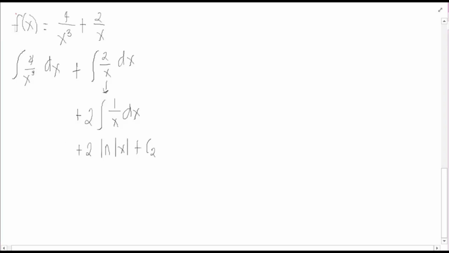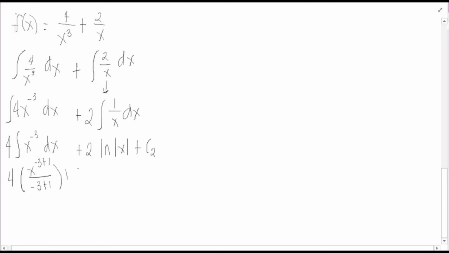Okay. So, dito ang gagawin natin is to itaas natin si x cube. So, pag tinaas natin si x cube, yung exponent niya is magiging negative. So, this will look like 4x raised to negative 3 dx. And then, we can perform yung ating power rule. But first, i-isolate muna natin yung constant. So, this will be equal to 4. And then, the integral of x negative 3 dx. Okay. So, this will be equal to 4 times x raised to negative 3 plus 1 over negative 3 plus